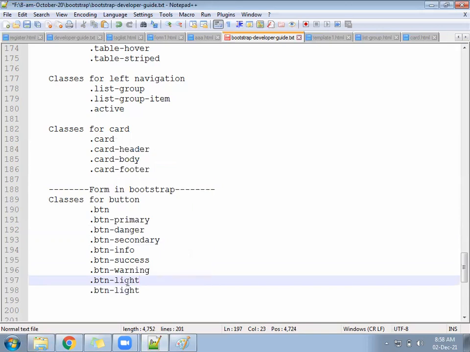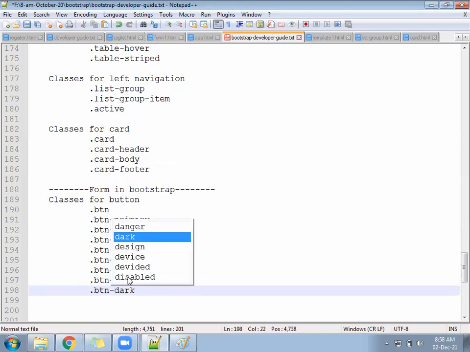And btn-dark, black color will come. These are all the button classes.